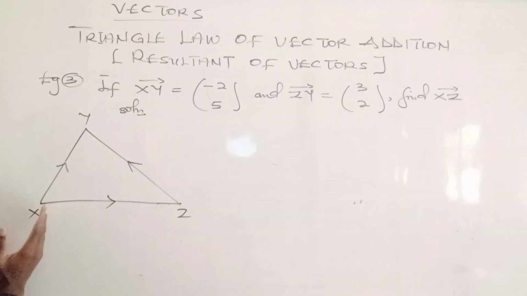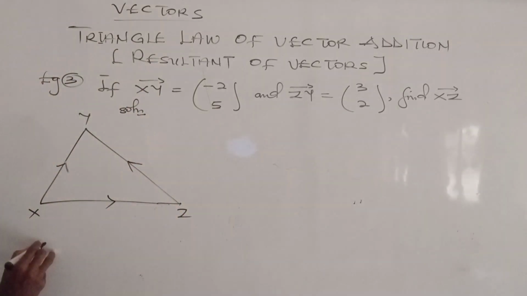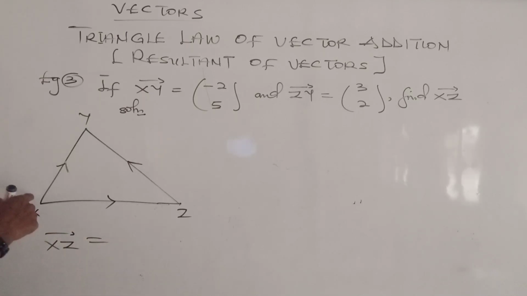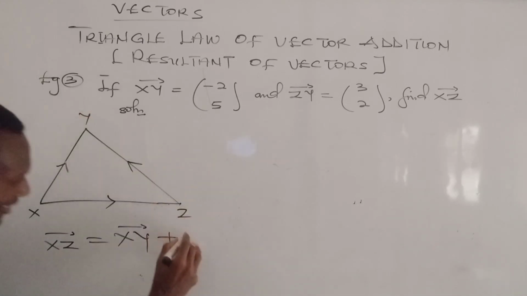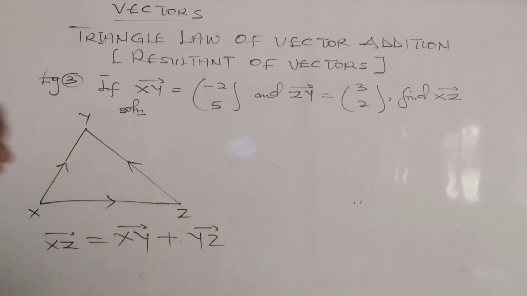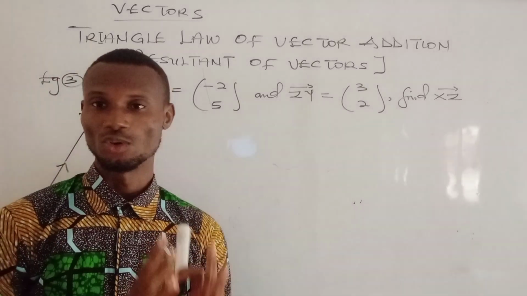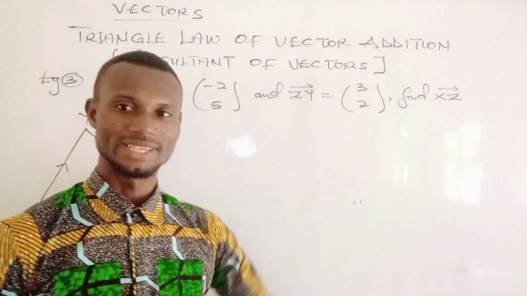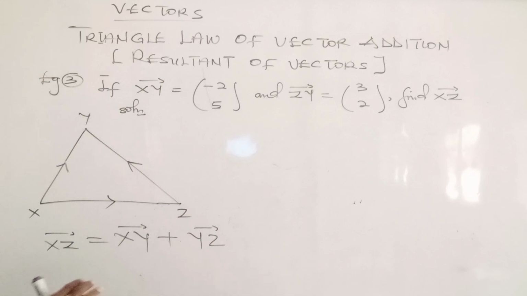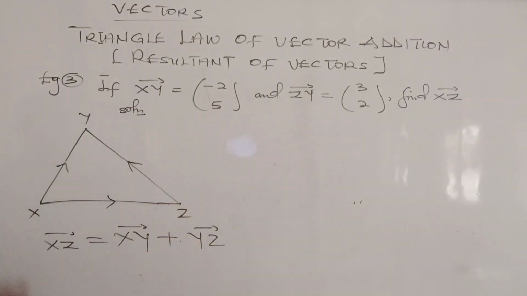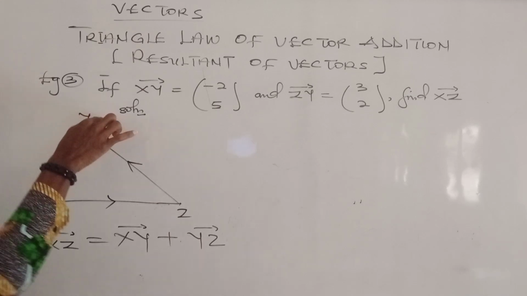So the law says that to find my vector SZ, it will be equal to my vector SY plus the vector YZ. I hope you understand up to this point. So this is the addition law and I've explained this a lot in the previous videos. Again, to find the vector SZ, we add the vector SY plus the vector